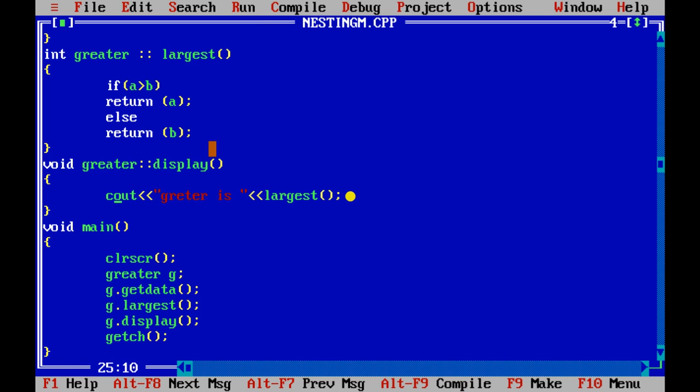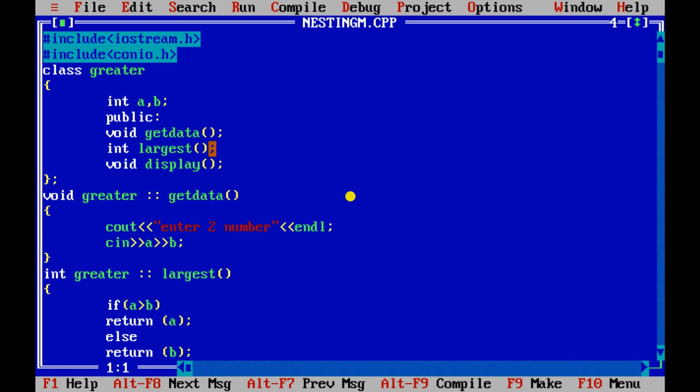Okay, 0 errors. Enter two numbers, that is the statement. For example, I will write 4 and 5. The greater is 5, because b is greater, so the b value has been returned to the function largest, and that largest we have printed here.